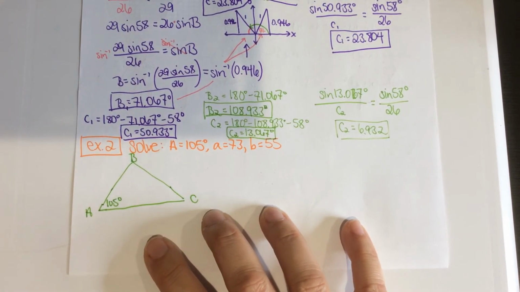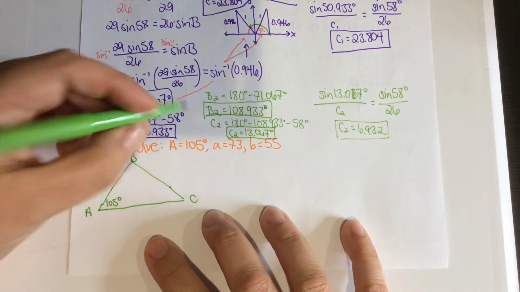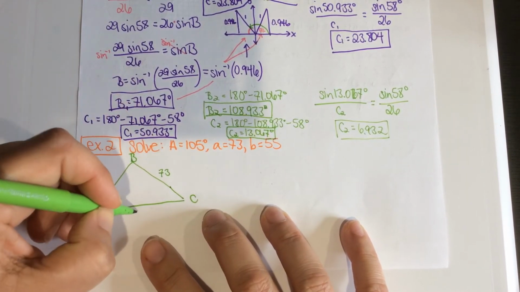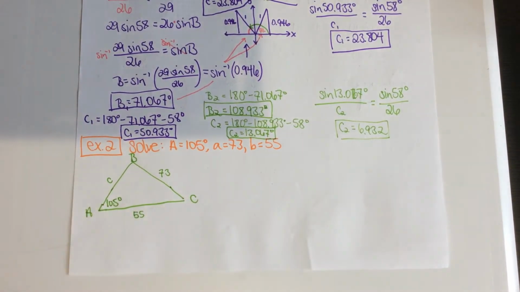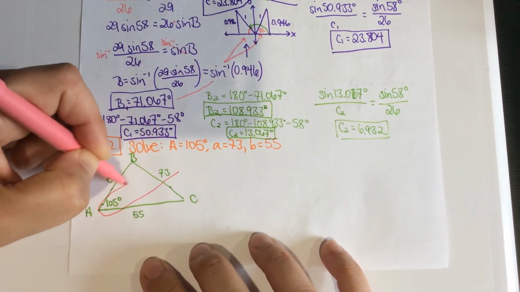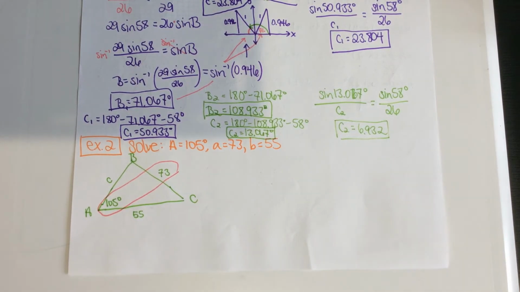105, that's clearly not to scale, right? This is not a 105-degree angle, but I kind of don't really care. And then this is going to be side C. So again, we have that angle side pair. We're given